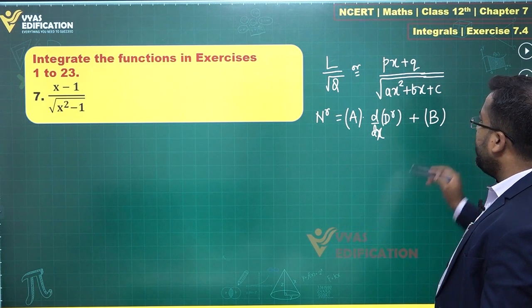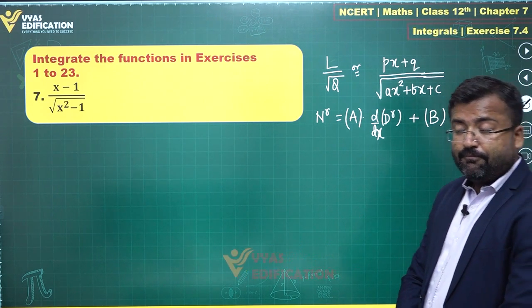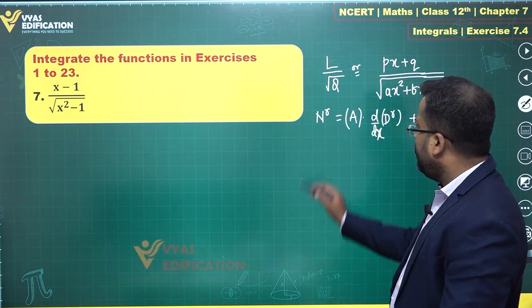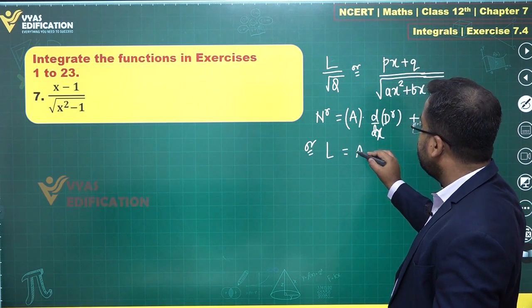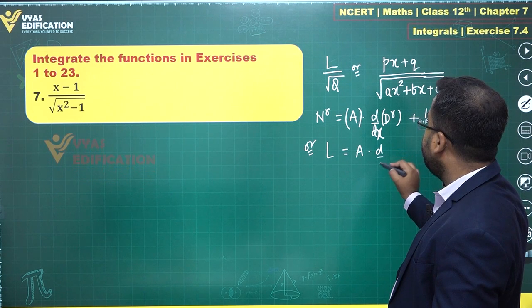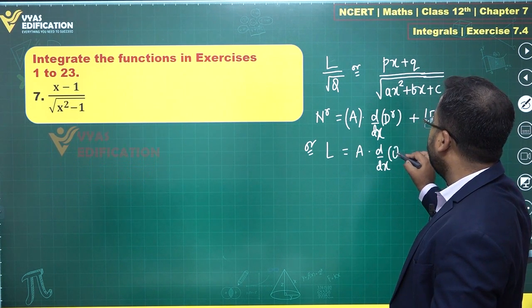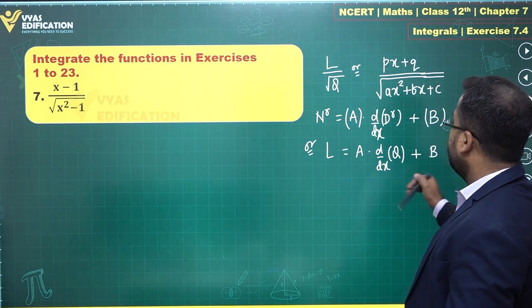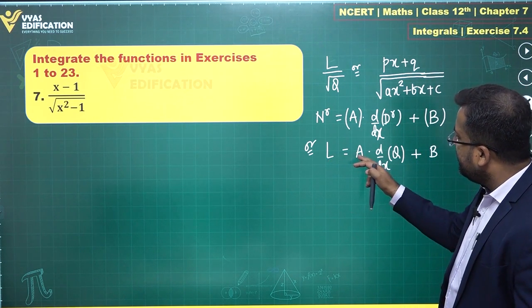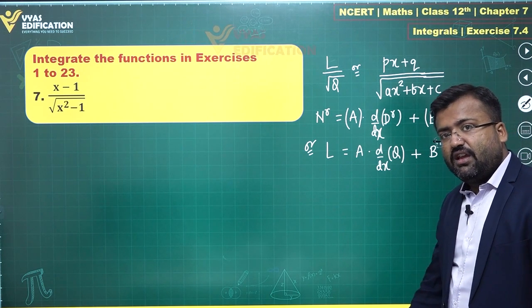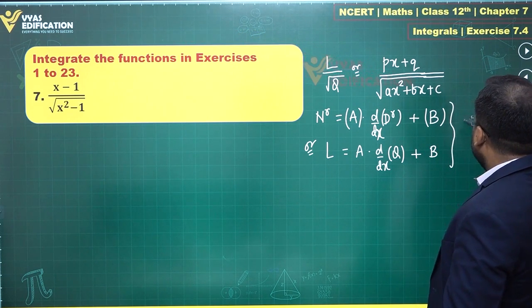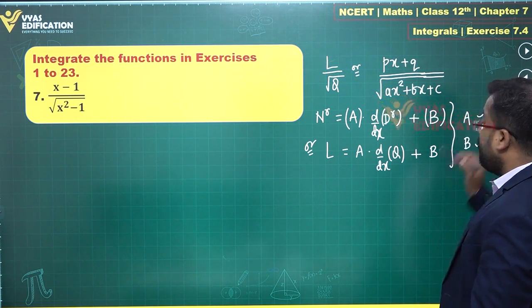Finding the values of a and b is the key over here. We are writing the linear term px plus q as a times d by dx of that quadratic plus another constant b. Important thing is, if you can find a and b,